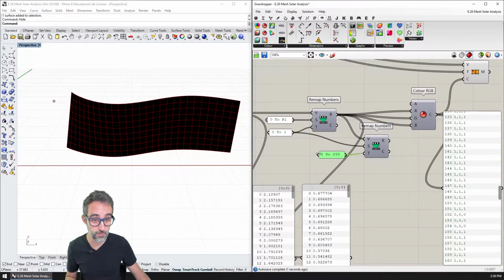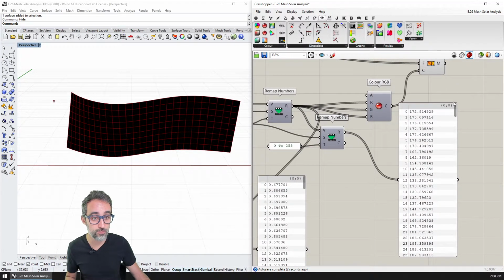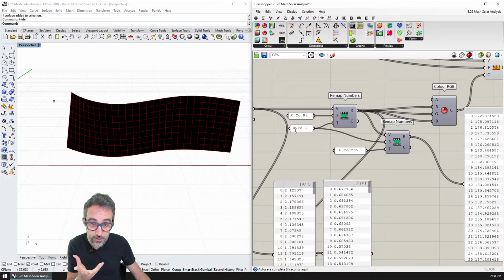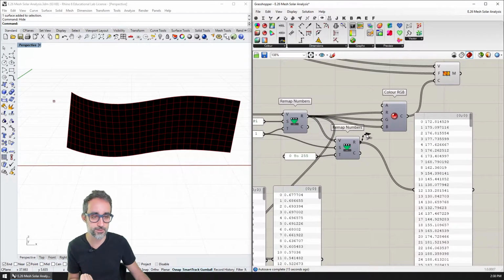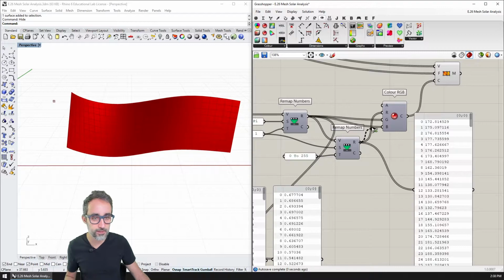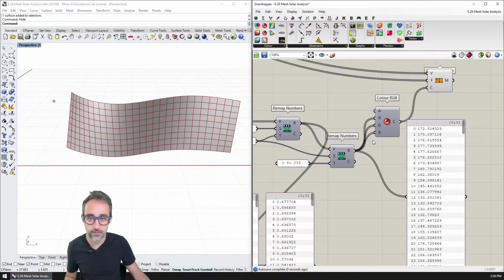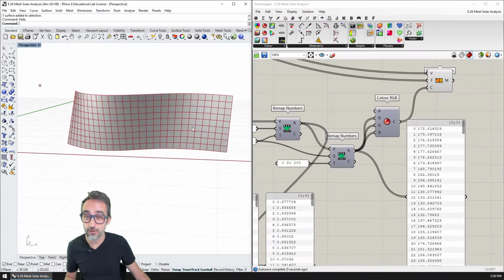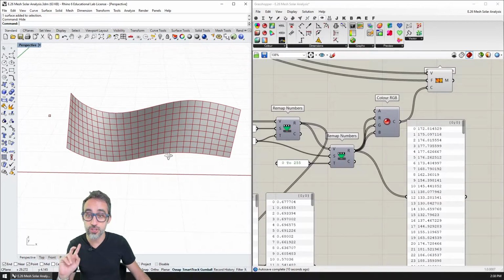Okay, so now I have remapped all those values, and now I have a new family of values going from 0 to 255. Or I could just change this one here as well, if I were going to keep this, which I'm not going to. So that's why I just remapped all those numbers again. Remapping numbers is a super simple operation, so it doesn't really take computational resources. So now I can plug this in here, and here, and here, and you can see that now the mesh has this shade of lighter gray here and darker gray here, which is not a shading effect in Rhino.